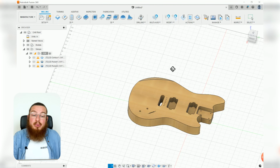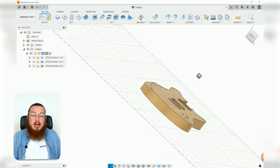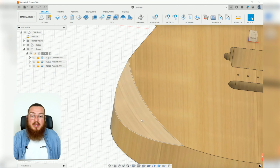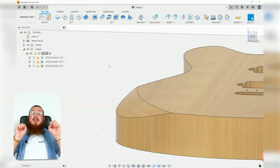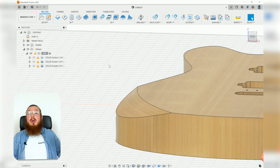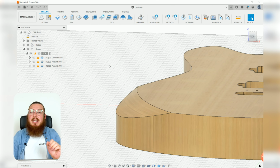And then the last operation that we'll be doing with our 1/4" end mill will be taking care of this angled chamfer. This is going to be kind of tricky because not only do we need to use 2D tools, but we also need to do 3D tools. And we're actually going to be using 2 different passes for this. We're going to be doing a roughing pass and then a parallel pass just to clean up the rest of